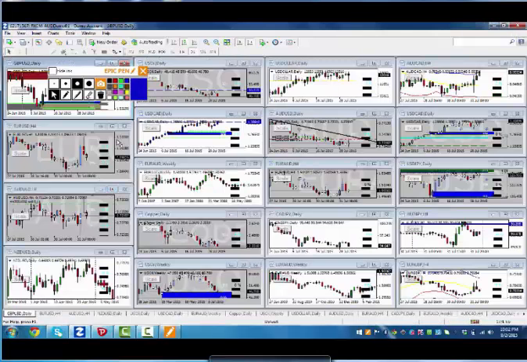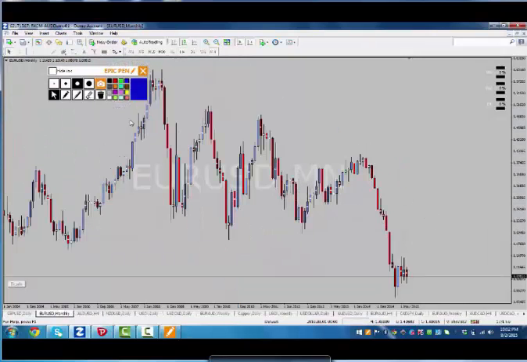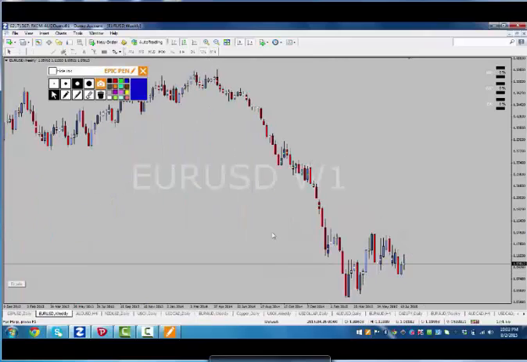All right. So let's move on to the euro dollar. Now, in euro dollar, we start from the monthly. Monthly, we are in the downtrend. Weekly, we are basically in a sideways. So sometimes it's very clear cut. We don't even have to draw any trend line. You can see that for this price to rally up higher, to say that we are in an uptrend,